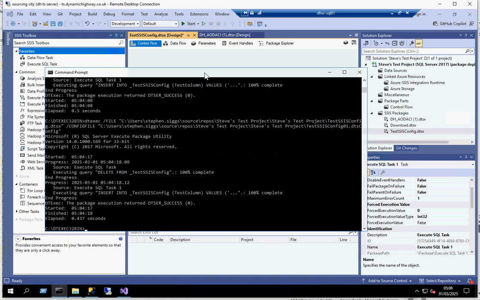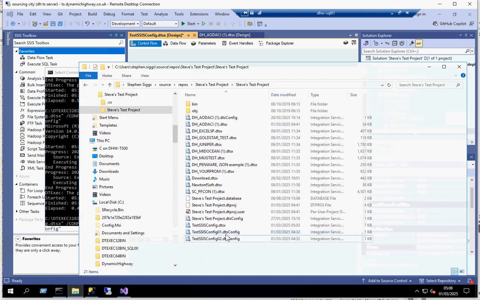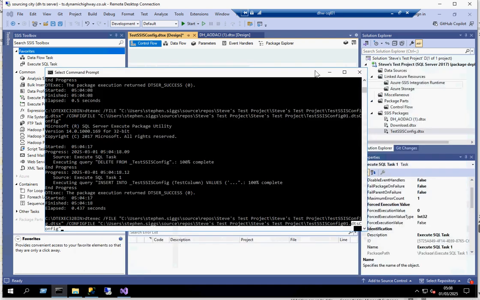So if we run the DTExec, I've just got this file parameter, which is my DTSX file. I've got this config file, which is my DTS config file, and as you can see, test SSIS config 01, which is one of my files here. I've got config 1, config 2. Okie dokes. So if we run that,